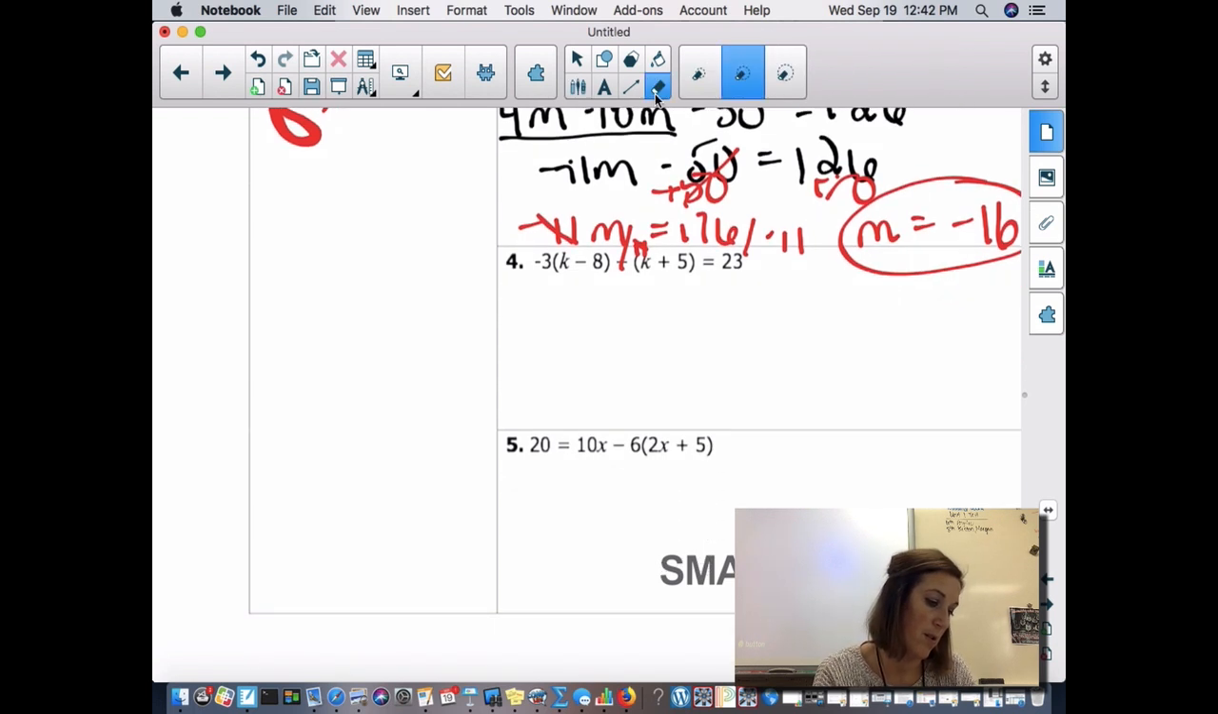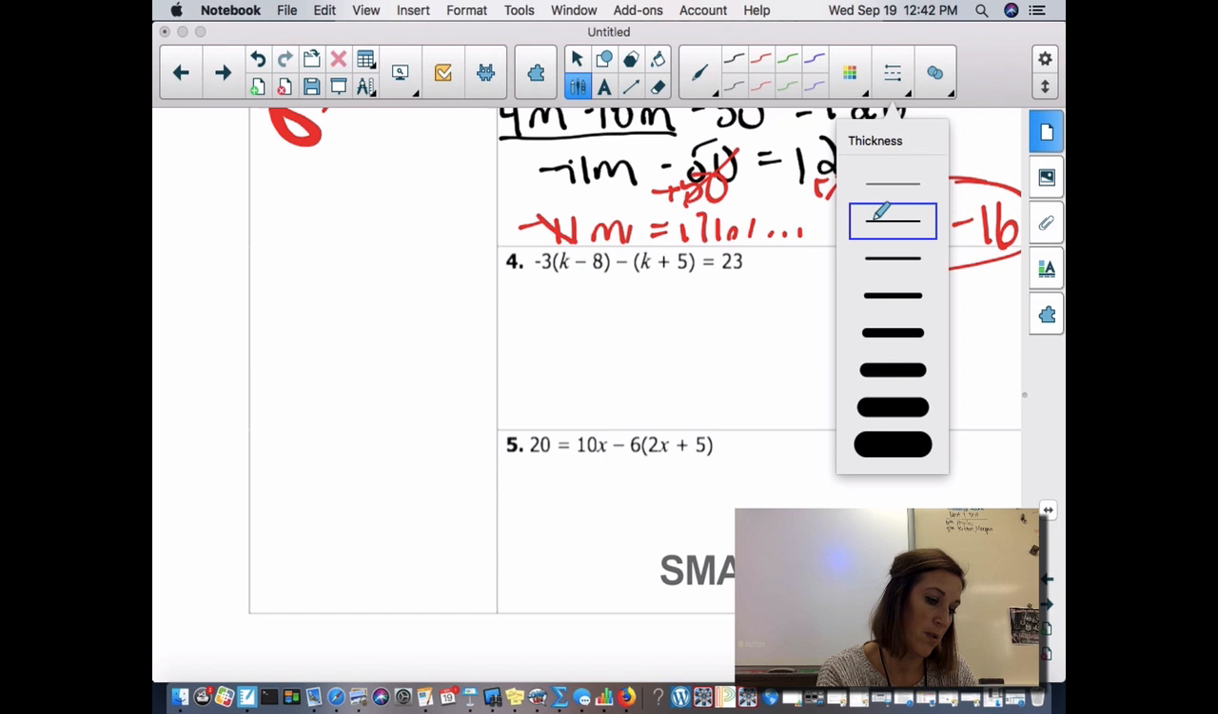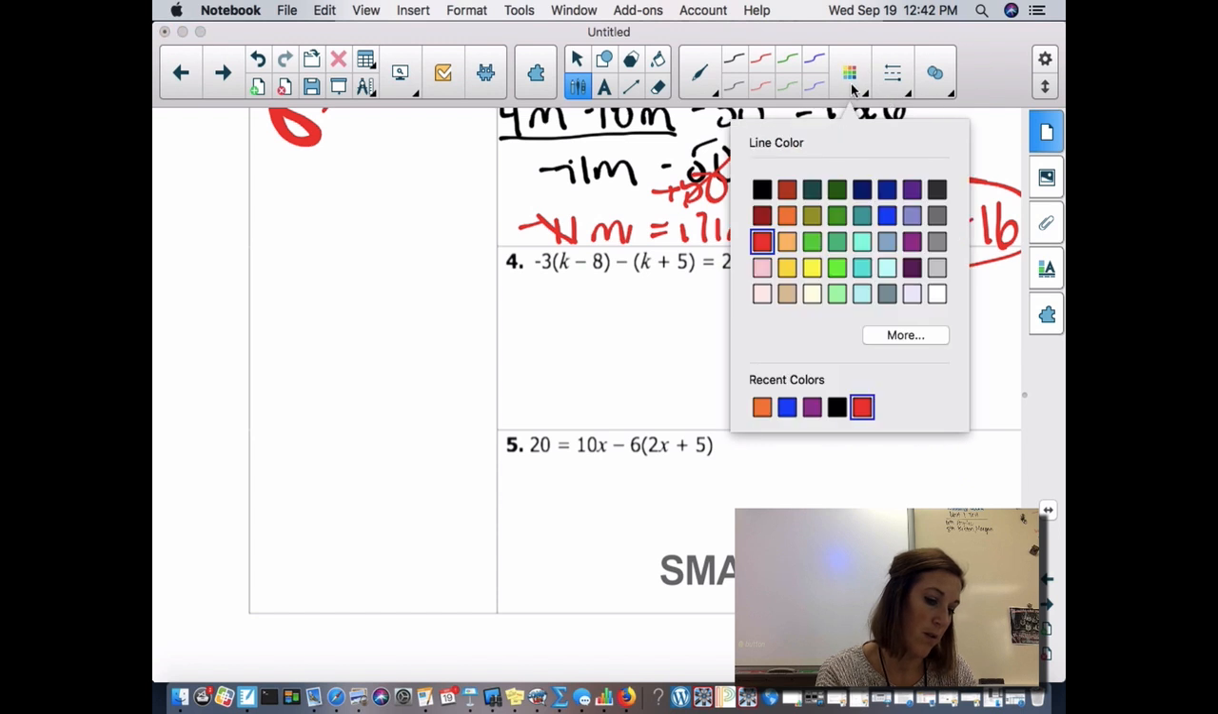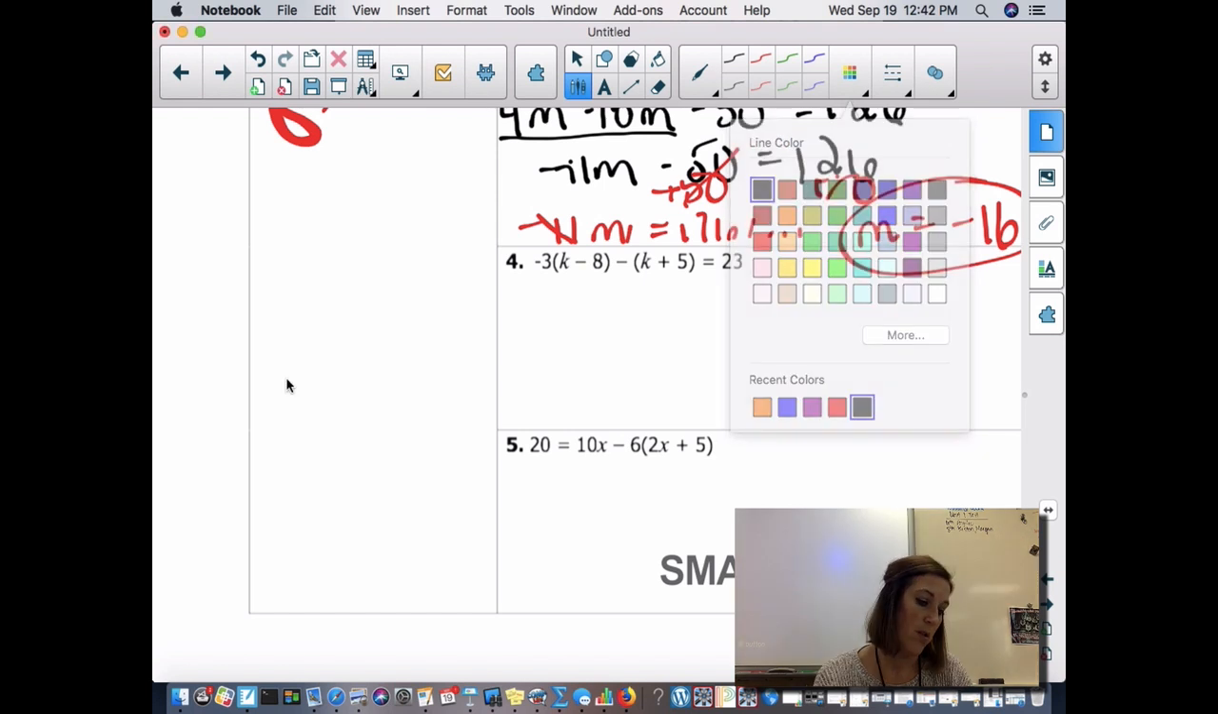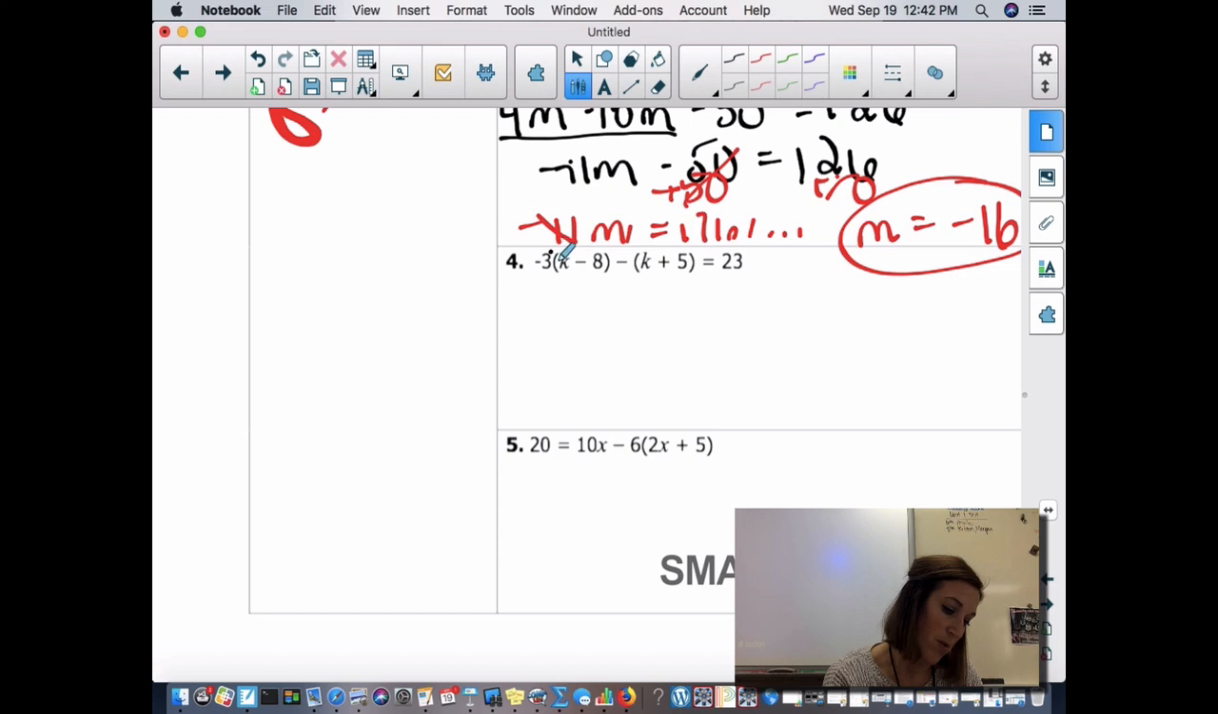All right. One more problem. Okay, number 4. Now we have a little bit more distributing on this one. So I distribute in the first, and then if you look, I have a set of parentheses here. On the outside, it's kind of like having a -1. So I'm going to distribute that in to both. So I'm left with